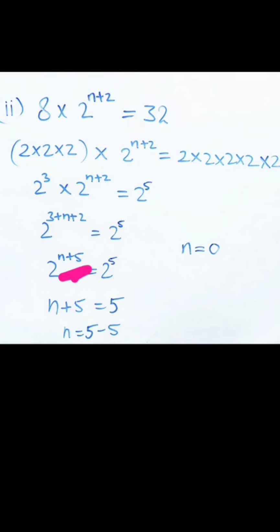See, in the next step it is written 2 raised to the power n plus 5 equal to 2 raised to the power 5. So now we can see there is an equal to sign, means LHS and RHS are equal. Bases are also same, so powers will be also equal. So n plus 5 is equal to 5, we can write like this. Okay, now we can find the value of n by transposing this 5 towards the right side. It will become negative, so 5 minus 5 will be 0. So next step is written here. This is the answer, n is equal to 0.